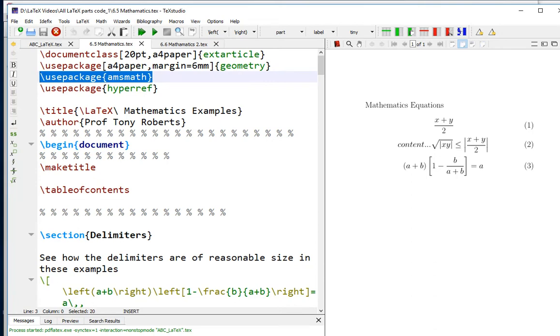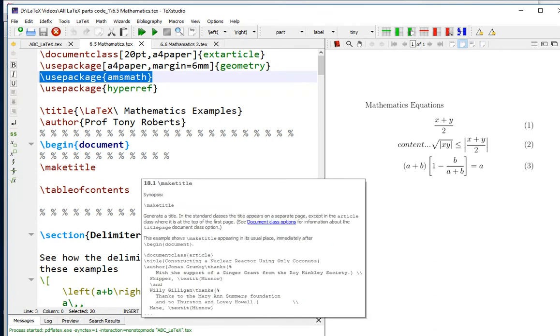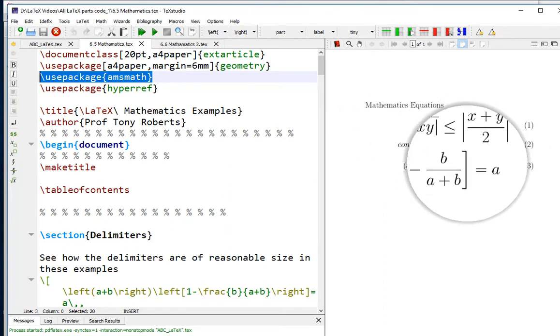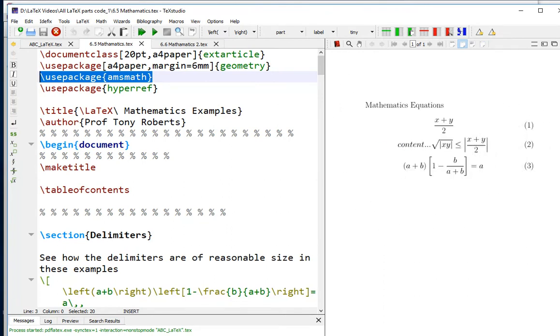So when we run this command, you can see on the right side what appears. How is it appearing? We give a title, a backslash LaTeX backslash mathematics examples. That is what you can see here, and an author name is put.